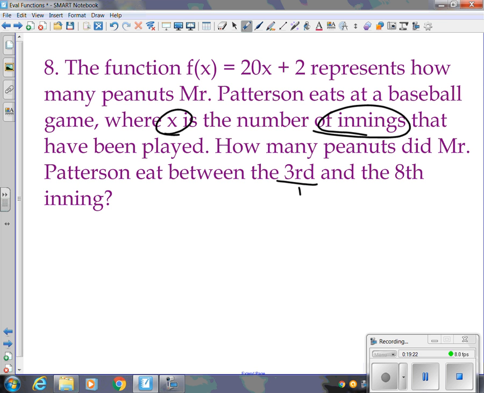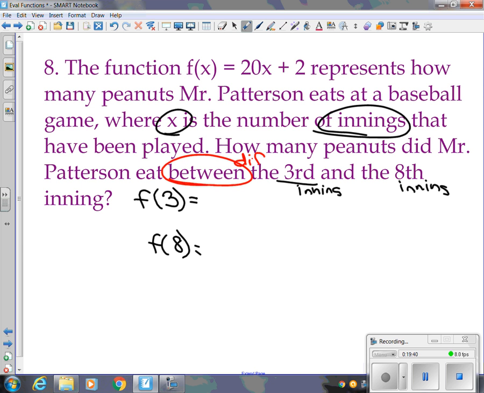So this is the 3rd inning, and then it would be the 8th what? Inning. So what do I need? I need the function at 3, then I need the function at 8. And then it says how much did he eat between, so I have to do a difference. I'm going to have to subtract. But I have to get 2 answers first. So at the 3rd inning, it'd be 20 times 3 plus 2, yep, 62, good. And 20 times 8 plus 2,